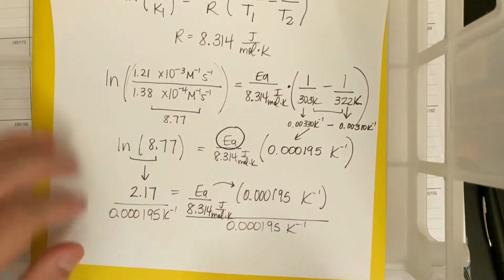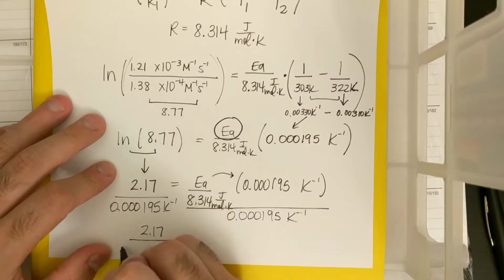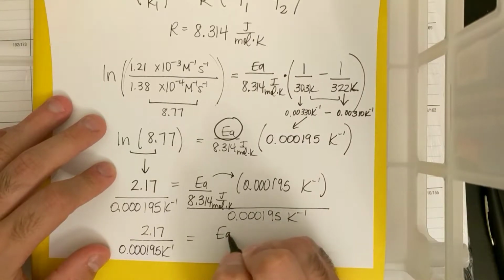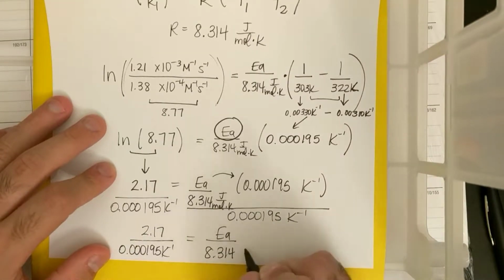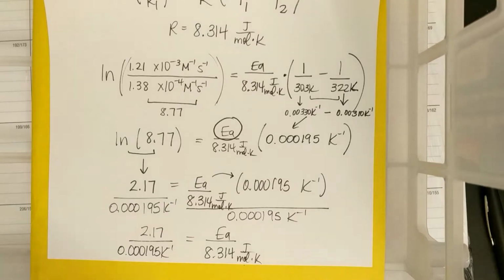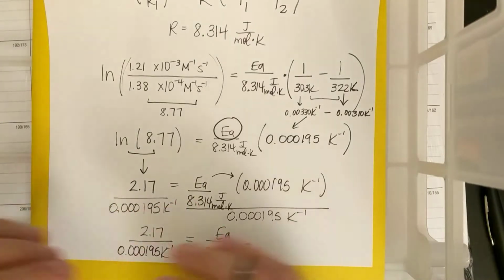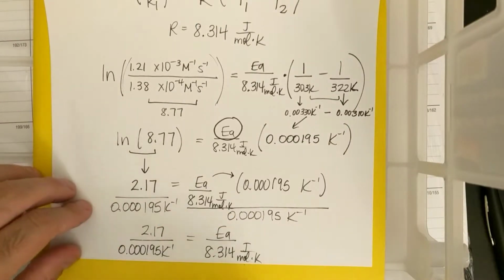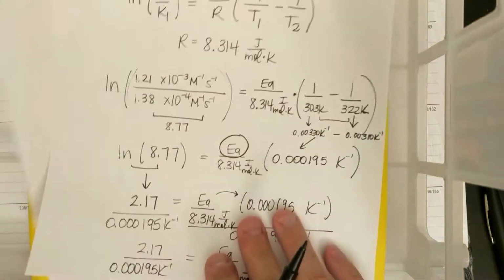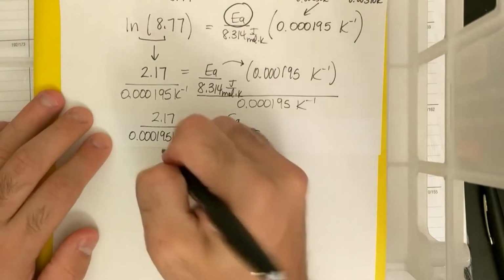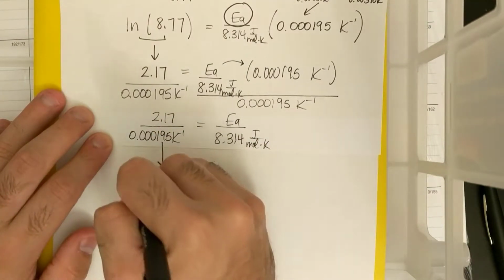0.000195 per Kelvin. And so I'll get 2.17 divided by 0.000195 per Kelvin equals EA over 8.314 joules per mole Kelvin. Okay. And now if I want to isolate this EA, I could multiply both sides by 8.314. If that's not the step that I choose to do, maybe I just want to do 2.17 divided by 0.000195. I could do that. So if let's say I solve for this, if I plug this into the calculator, I'll get